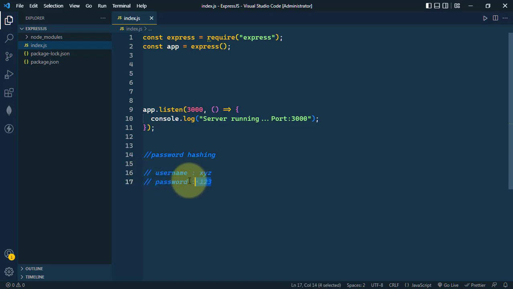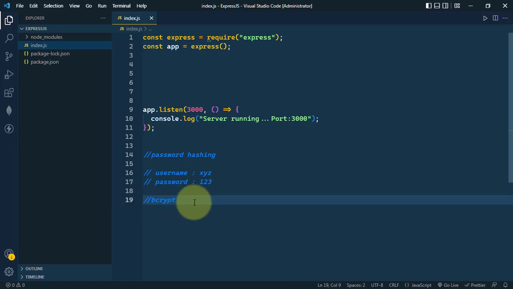Rather, we should hash the password to make it more secure. Hashing is the process of transforming the plain text password into a fixed size string of characters. It is used to secure the stored password in a database. So even when the database is compromised, the actual password will never be exposed, and this will further enhance the security. To hash the password, we can use Bcrypt. Bcrypt is commonly used to hash passwords during registration, and also we can verify the password during the